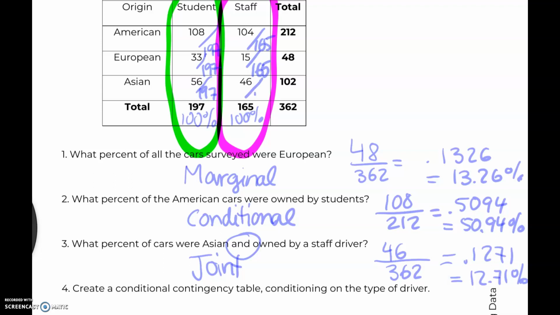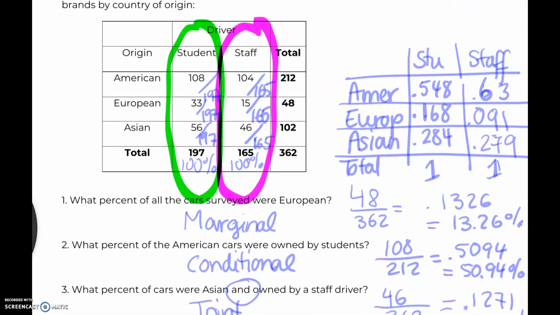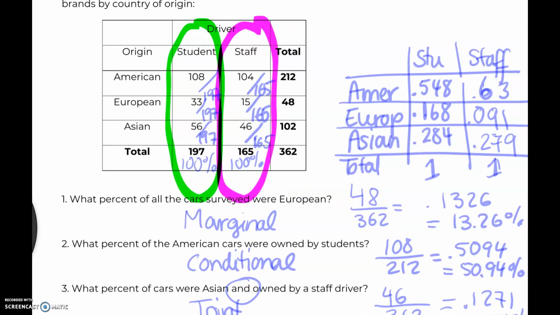Not sure why my pen isn't working here. Maybe there's something covered, but I'm going to rewrite this right next to it, and then you'll be able to see the difference. All right, so here we have our conditional table. Again, we have the American, European, and Asian labeling the rows, and student versus staff labeling our columns. I simply divided 108 by 197. I left it as a decimal, but if you ask for percentages, you would simply convert it to a percentage,